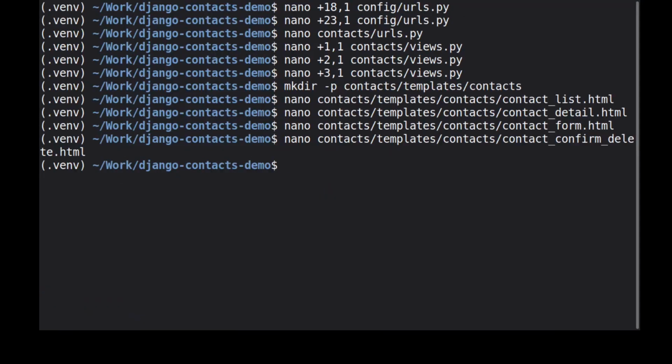We'll save contact_confirm_delete.html. Our four application templates are now complete. ContactListView uses contact_list.html. ContactDetailView uses contact_detail.html. ContactCreateView and ContactUpdateView share contact_form.html. ContactDeleteView uses contact_confirm_delete.html. Django found all four through predictable generic view naming conventions, so we did not need to set template_name explicitly